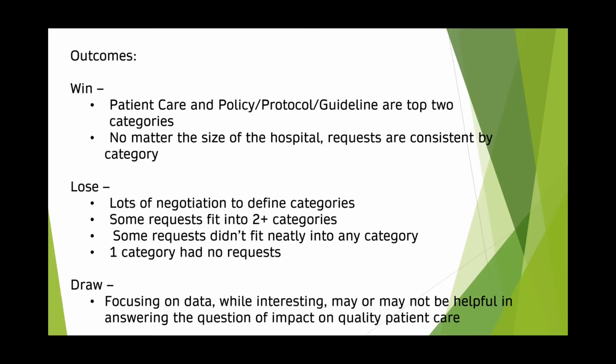No, in that it was difficult for some requests to fit into only one category. In some cases, the three of us would say, hey, where do we put this one? And it didn't seem to fit under any category. So it's difficult to say, are the numbers perfect? Probably not, because what I might decide to put under patient care, Frank may decide to put under patient safety, Mary Allison might put under professional interest. So even though we have the definitions, it's still not a perfect world,